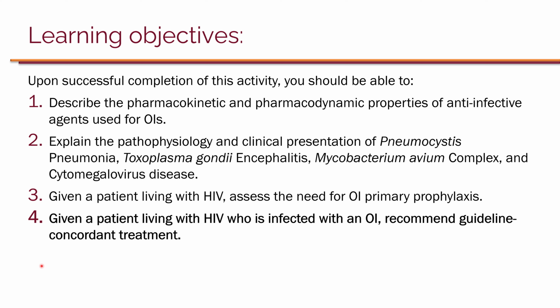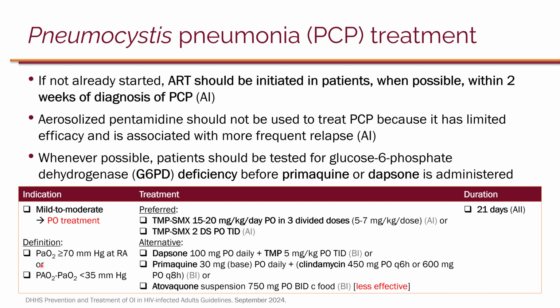Now, given a patient living with HIV who is infected with an opportunistic infection, let's recommend guideline-concordant treatment. A fundamental part of treatment of opportunistic infection is initiation of ART if the patients are not already on it. For PCP, it is important for patients to be started on ART, if possible, within 2 weeks of diagnosis of